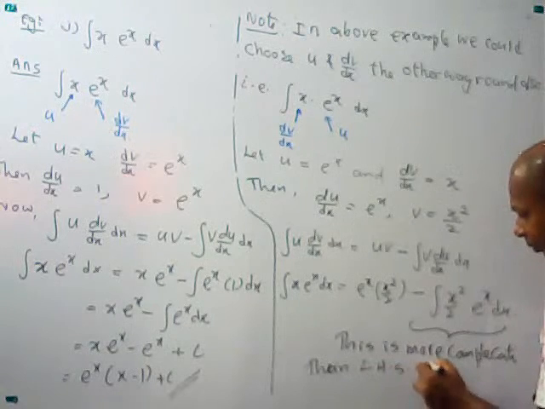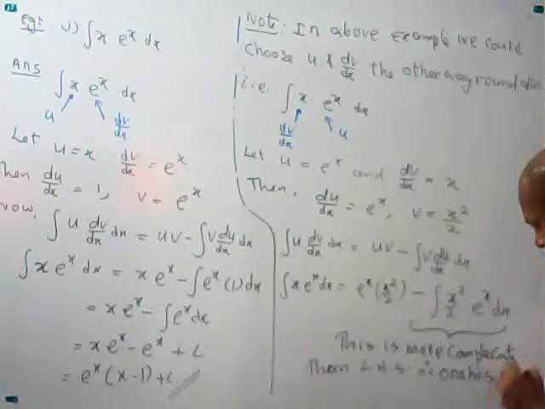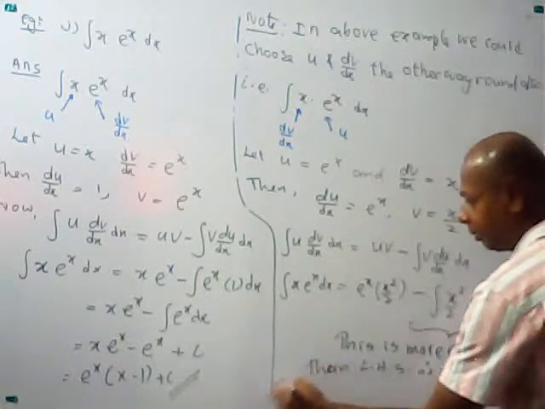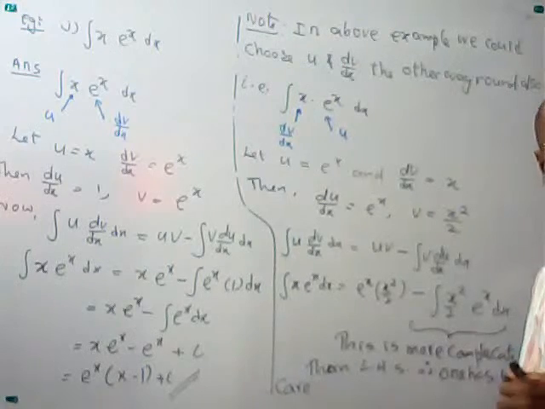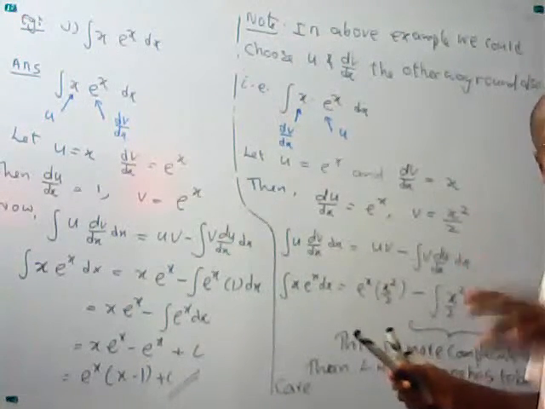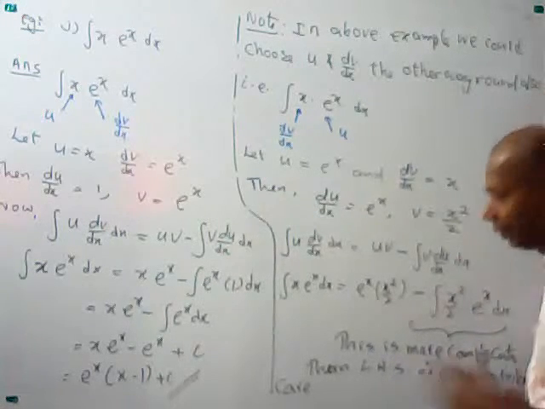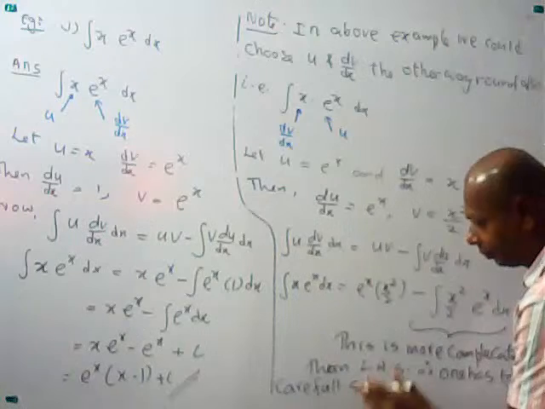Therefore, one has to be careful. You have to be a little careful selecting u and dv by dx. Selecting